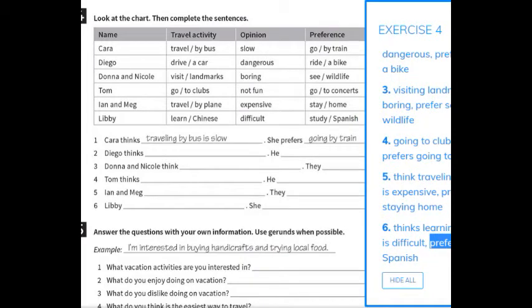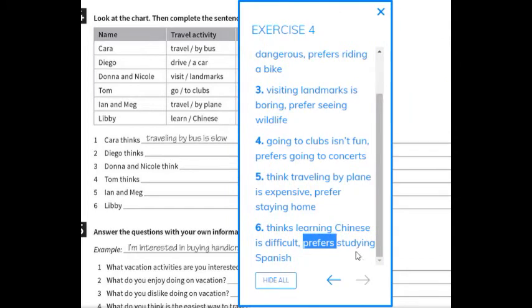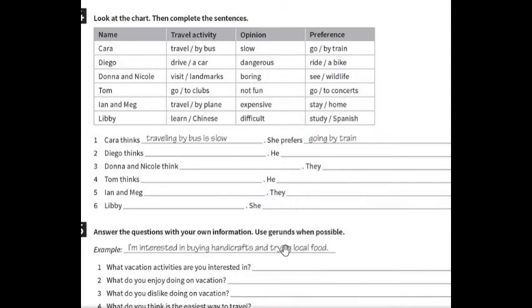So we are using the simple present. It doesn't matter if the verb is in simple present or past or future. The verb in front needs to be in this form. That's the gerund. Don't forget that. Present participle, -ing, not the continuous. Don't get confused. And well, now the next exercise is to answer the questions with your own information